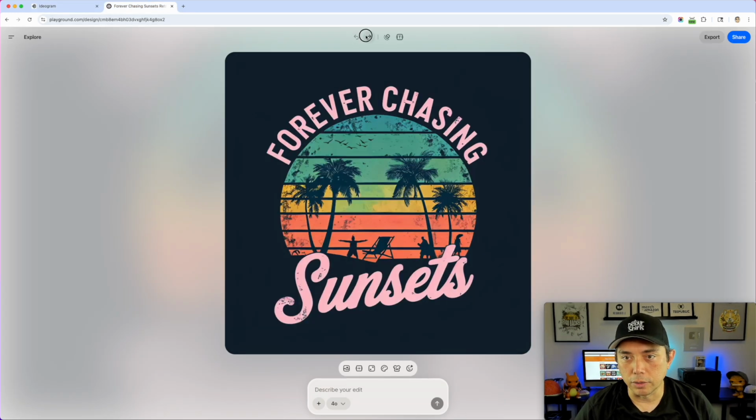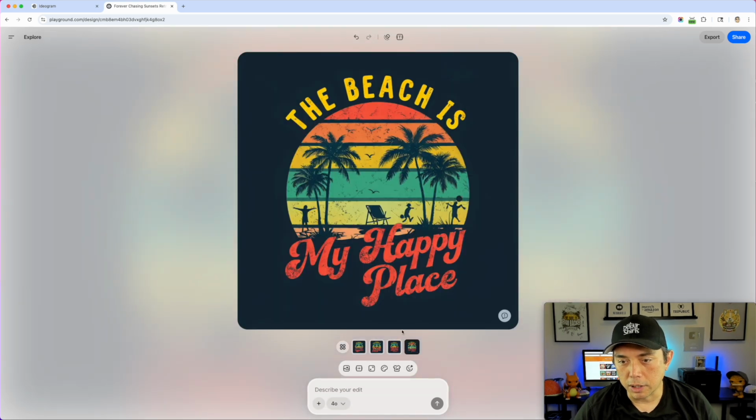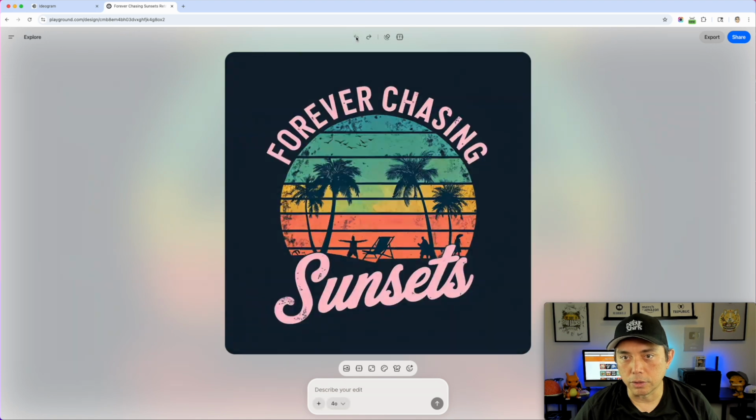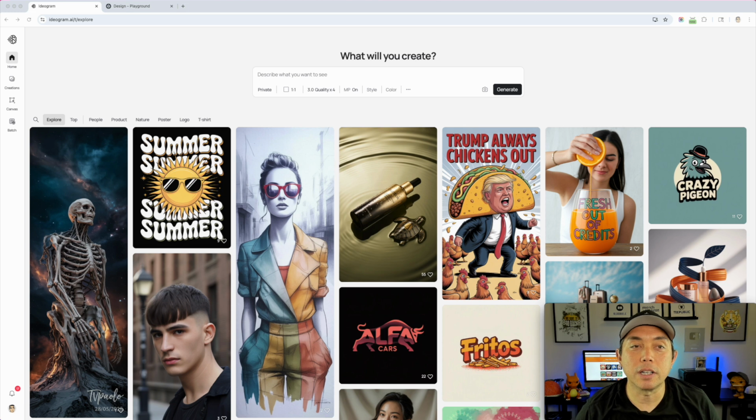And if we go to these right here in the front, same thing, right? With all of these here, kind of a little harder to use. So there you go. All right, the next thing that I want to test are prompts. So how good is Ideogram and Playground with just simple prompts and very detailed prompts?